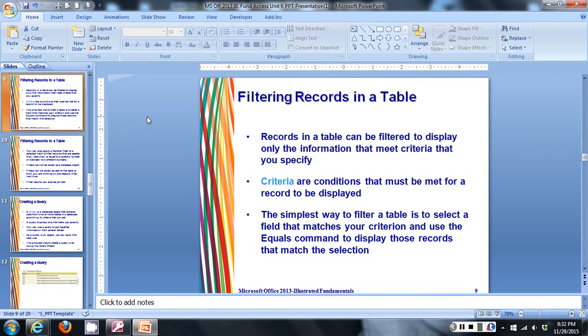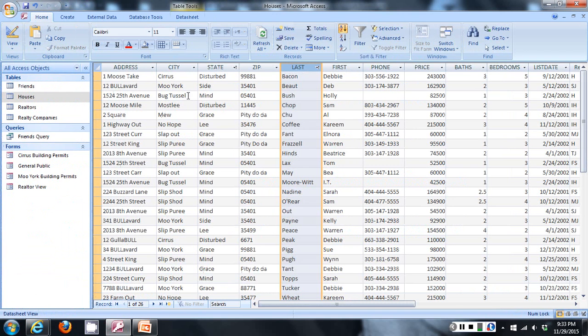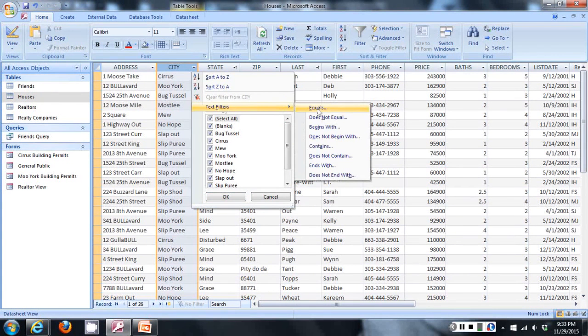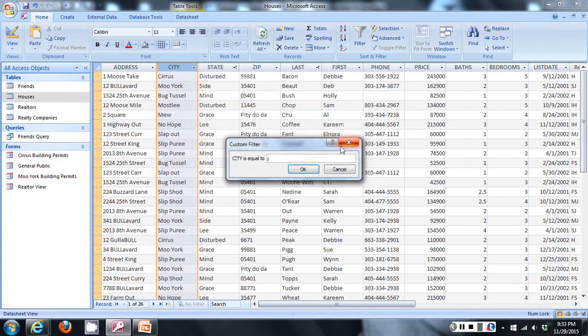And the simplest way to filter a table is to select a field that matches your criterion and use the equals command to display those records that match that selection. So we'll give an example. Let's just say we want to view all the records of houses that are found in the city of Slapout. So we will go to text filters, we will select equals, we'll type in the city name Slapout,